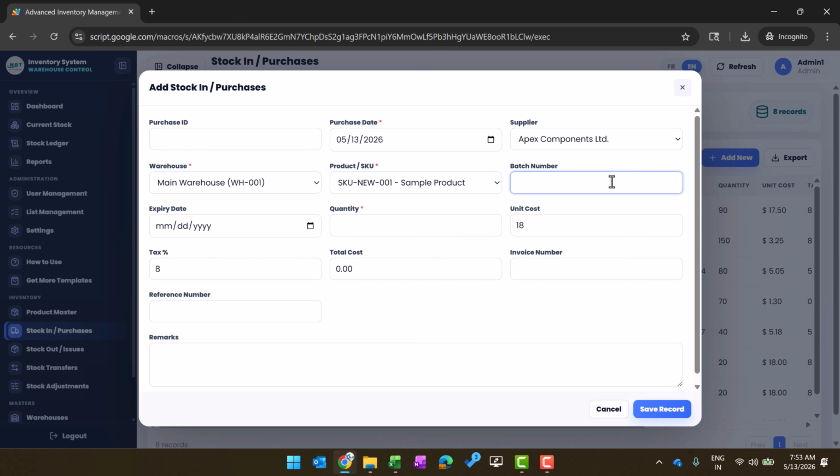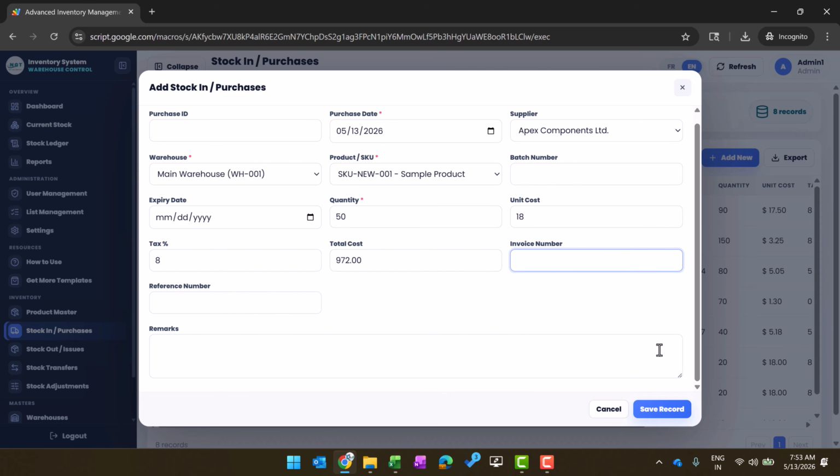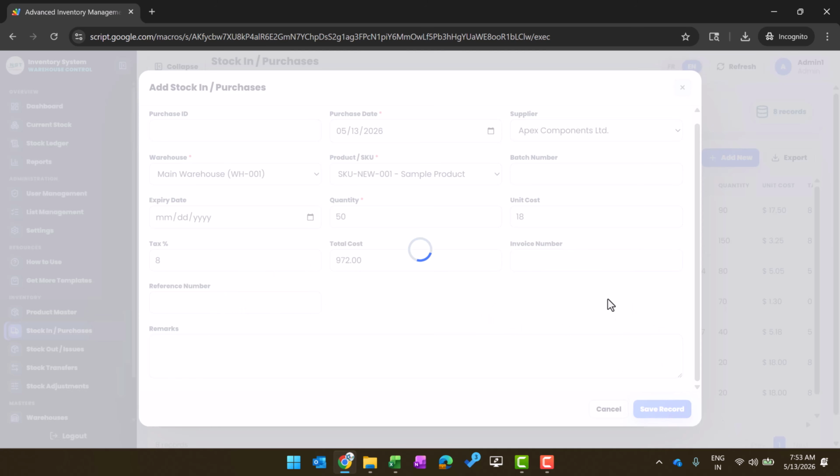If you have the batch number, you can input that. Expiry date, if the product has some expiry date, you can input that. Then purchase, let's say I'm putting 50 here. Unit cost, which we have input from that Excel, otherwise you can change it here also. Invoice number, reference number, if you have that information you can update that. Then save record. So we have purchased 50 items for that sample product that will be added to our stock